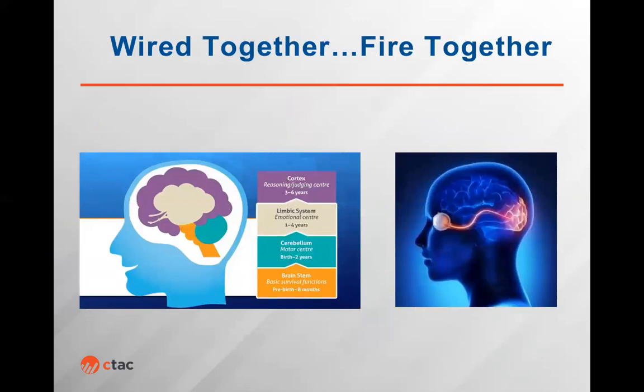What this means is early on, when we have that young, beautiful brain that's just forming and is new in the world and is sleeping a lot, there are different stages that the brain is doing the work of wiring understanding together. That wiring of understanding starts from pre-birth to about 6 years. What you see in this image is brainstem development, which is those basic survival functions. It's the basic needs that Maslow talked about. Then around birth to 2 years, we start to become more mobile and have more motor functions and a better sense of our bodies.